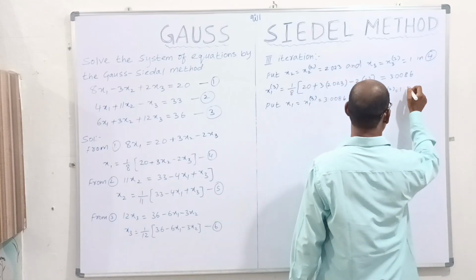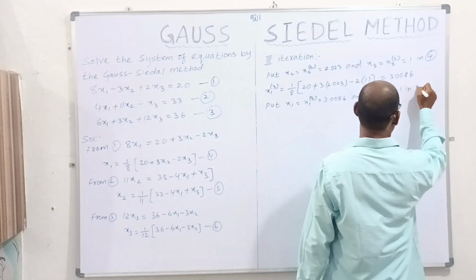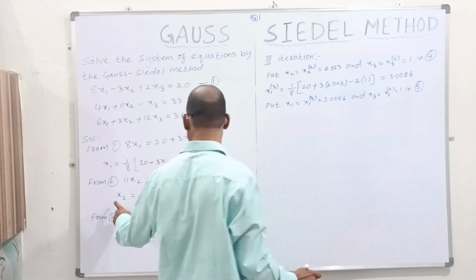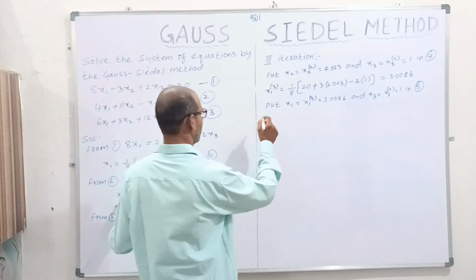We have to put these values in equation number 5, right? So therefore